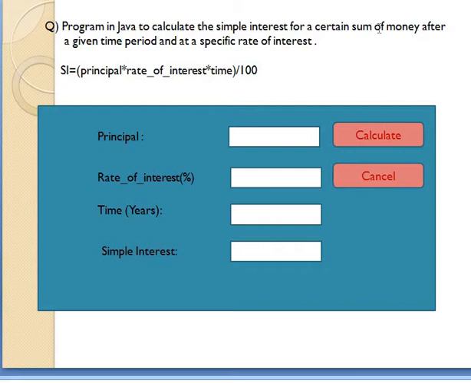Say if the certain sum of money is 1000 rupees, that is, if the principal is 1000 rupees, we supply the value of 1000 to this variable called principal, multiplied by the star symbol, which represents multiplication. Remember that. Rate of interest: if the rate of interest is 5%, you put 5 for this variable rate of interest, multiplied by time. And if the given time period is 2 years, put the value of 2 for this variable time, and this becomes